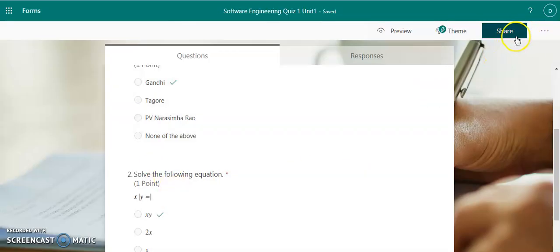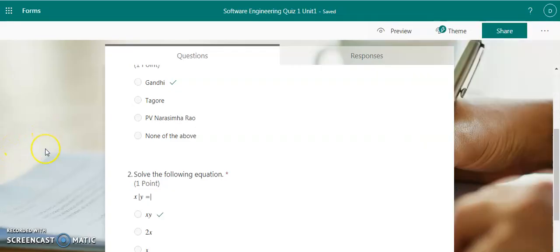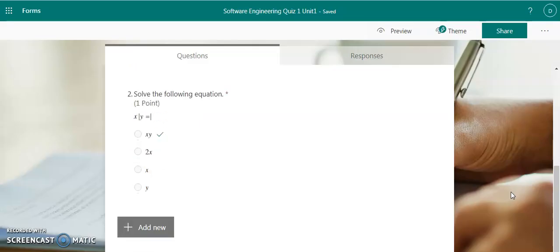If you want this form to be sent to a group of students through WhatsApp or other options, you can copy the link. But if you are using Microsoft Teams, it is not necessary to copy this link. I'll show you how to use Microsoft Teams to conduct a quiz where it is automatically graded. You can also download the grade sheet.